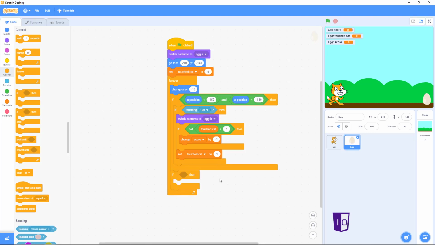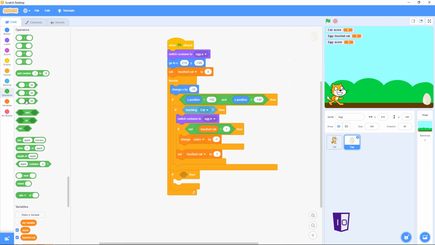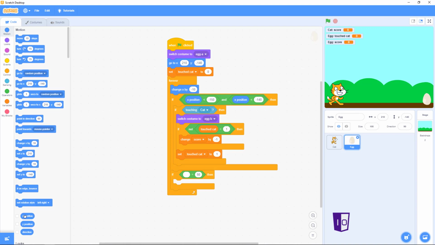There you go. And then we're going to use an operator. We're going to use the equal operator. Place it right in between the if-then, and inside our equal, we're going to use the X position. So let's go to our motion and drag our X position, and then we're going to change our X position to equal negative 220. So if X position equals negative 220, then